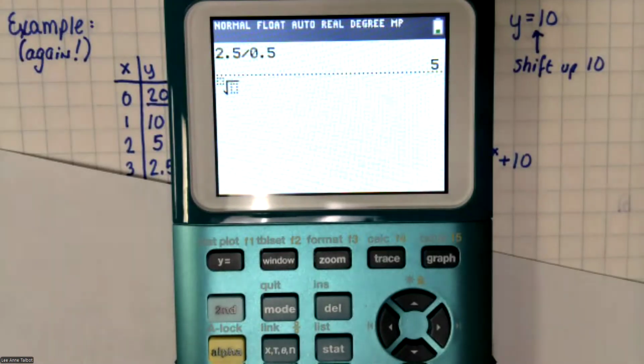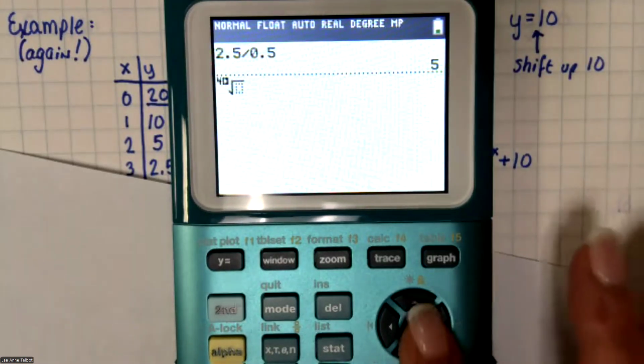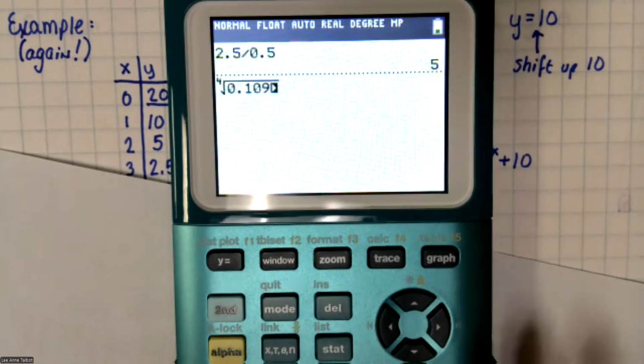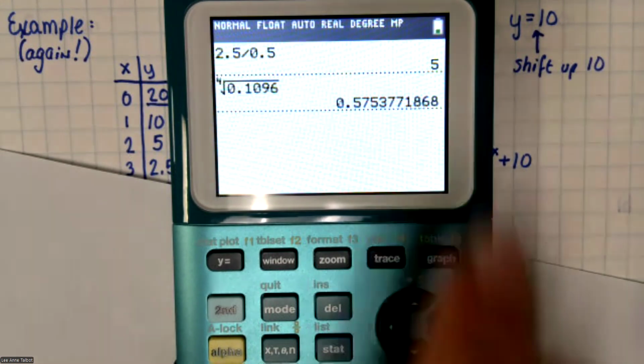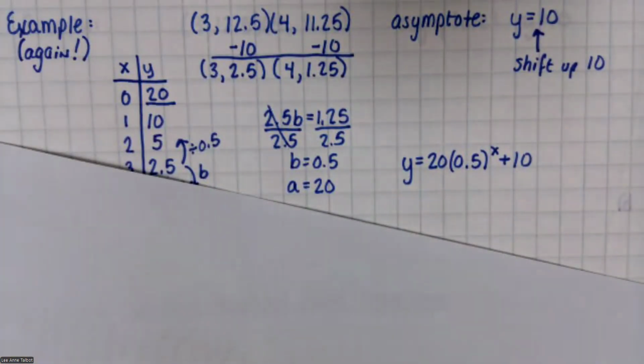And then you can tell it, I just typed that in randomly, but you can tell it whatever root you want. Does that make sense? So any other root that you need is located in the math button. Just scroll down to 5 and then you can pick what type of root you want. Okay, now we can be done with that, but we're not done with the calculator.